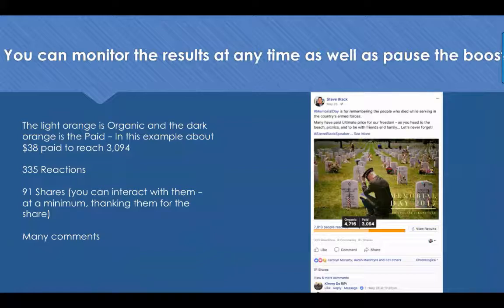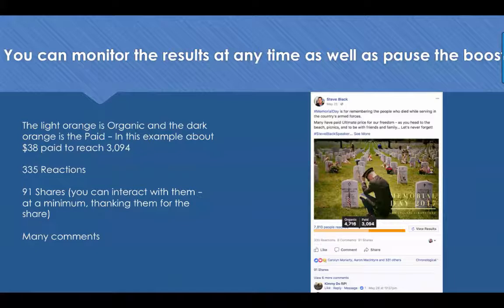All right, so we're back at, we've promoted the post either via the button or via the ad creator, and now we got results. So a couple things that you're going to be able to monitor these results. You know, we talked about engaging with the 333 things. You could also click on share, see who shared it. You can send them a comment like, thank you for sharing my post. What are they going to be encouraged to do in the future? Share more posts. You could ask those people a question.